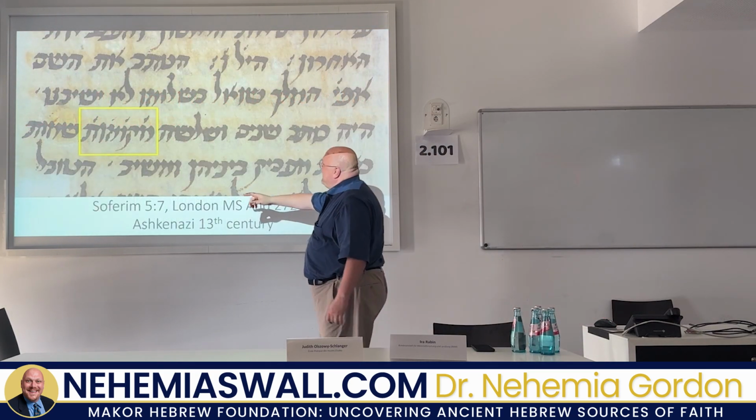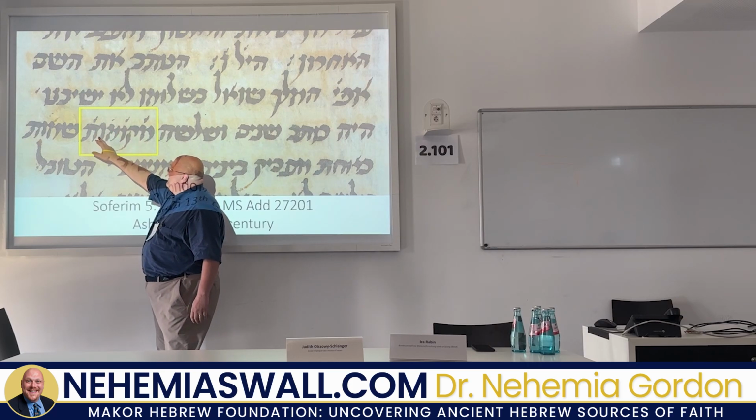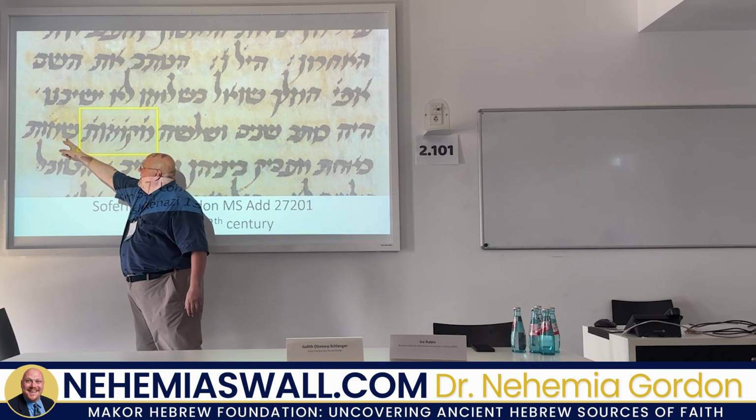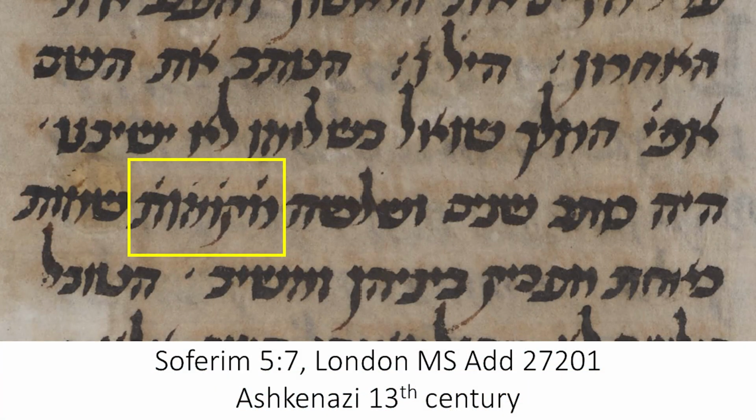It's beautiful. So how do you erase it? He put dots over it, right? And as he's writing, this isn't later he figures it out. Mikomot, he writes, and he changes it to Shemot, right? And that makes sense, because we have Ashkenazi Torah scrolls from this period where they're leaving blank